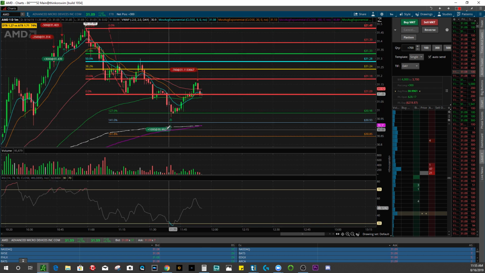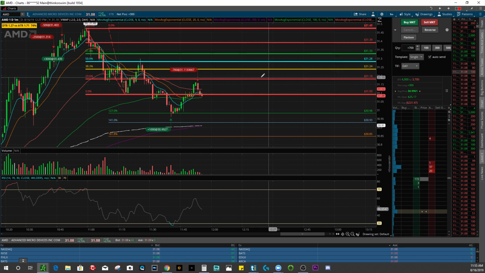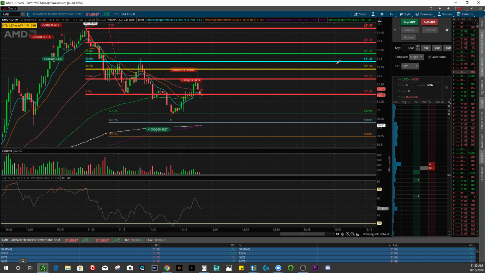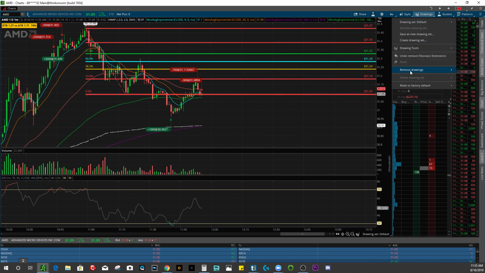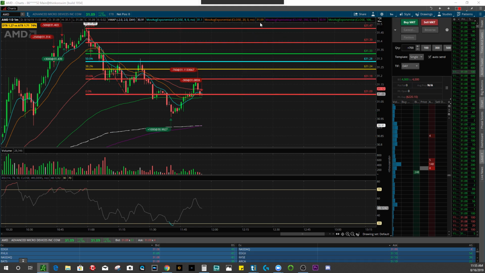So, not a monster trade at 30.99 up to 31.11. It was a decent trade, right? And I'm just going to close out these shares because I'm not going to make much or really lose much if I hold those shares anyways. So I just wanted to come in and show you guys a real live time Fibonacci trade that was made,